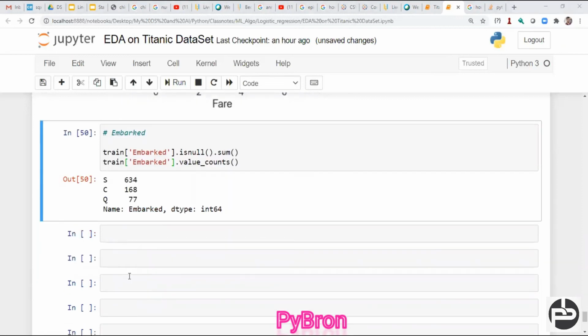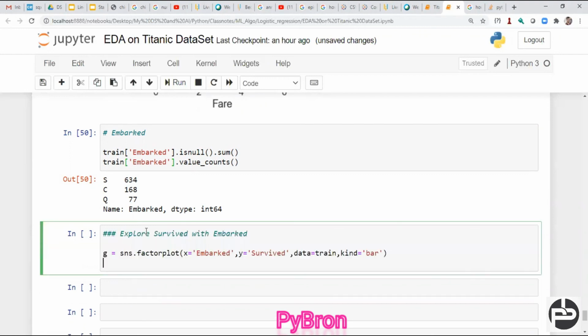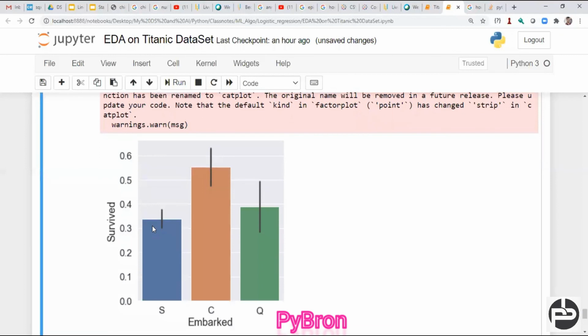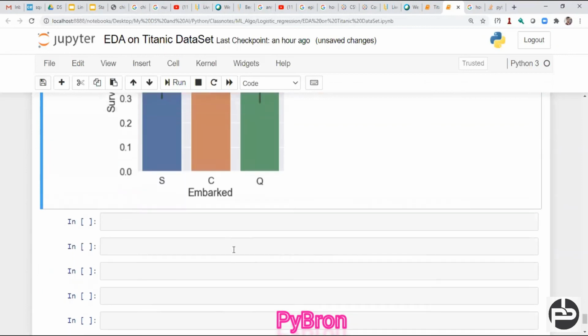And if you want to plot embarked with survived, meaning how many S survived, how many C survived, how many Q survived, that we can also do. You can see S survival is more than 0.3, C survival is more than 0.5. Like this we can plot, right?